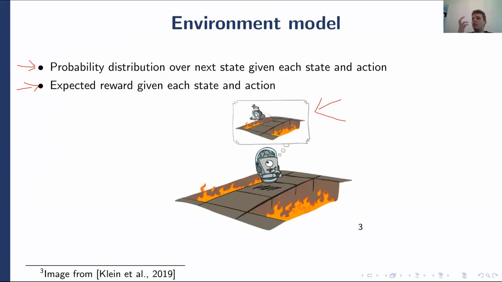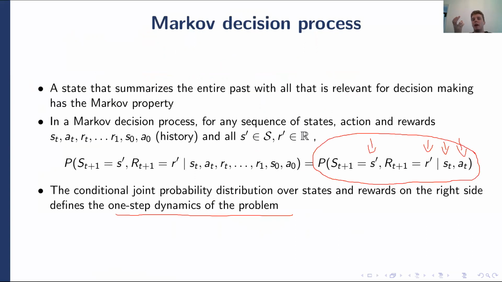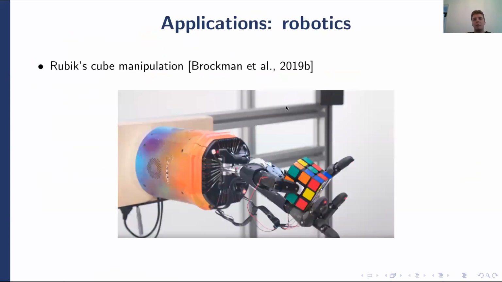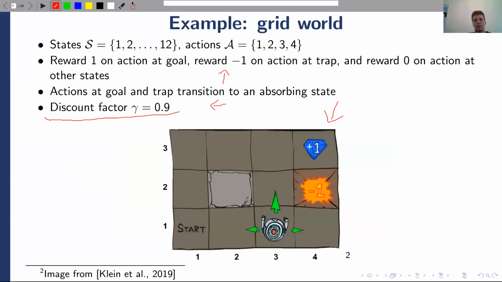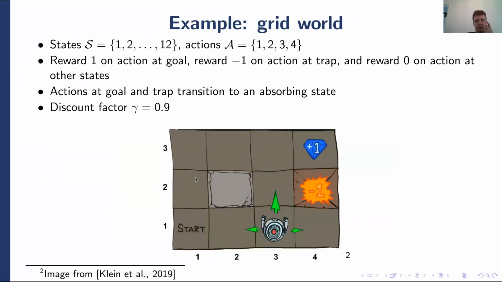So these are all questions of modeling. There are many different ways of modeling a reinforcement learning problem, and you need to be really careful when you do that. So let's think about our grid world example. So let's say again that this is state 1, this is state 2, 3, 4, 5.